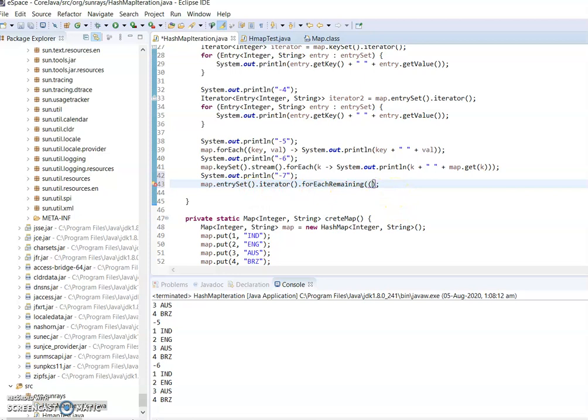This is a BiConsumer, so key and value, and I'm printing here.